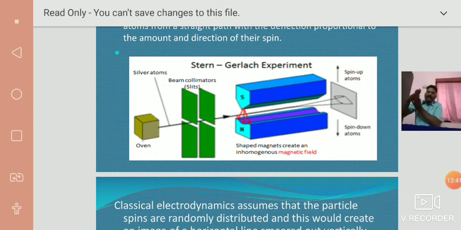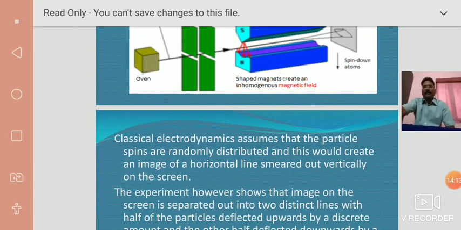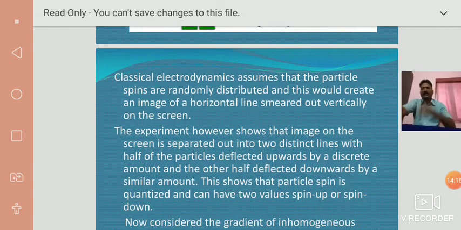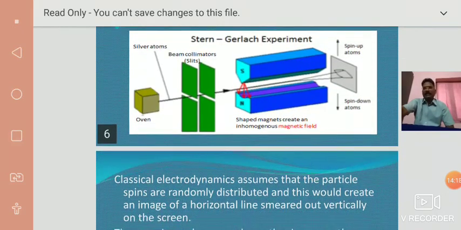Then the silver atomic beam in the non-uniform magnetic field is deviated from the actual path. Hence, the photographic plate traces out the silver atomic beam as a loop. That means the single strip can be resolved into a double strip. Here, in a uniform magnetic field, we get a single strip, a single spectral line. In a non-uniform magnetic field, the single strip can be resolved into a double strip or double spectral line. That was clearly observed in this diagram. Next slide.